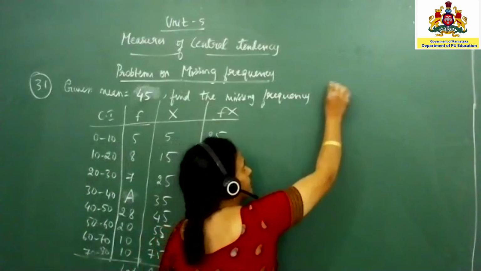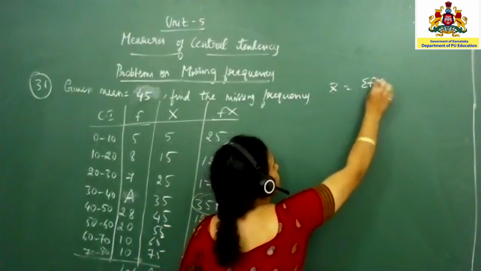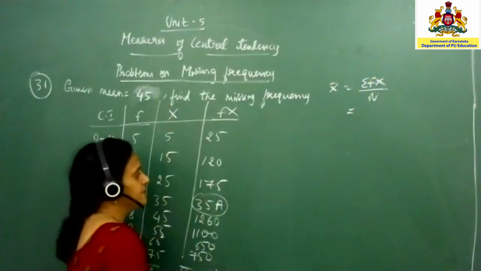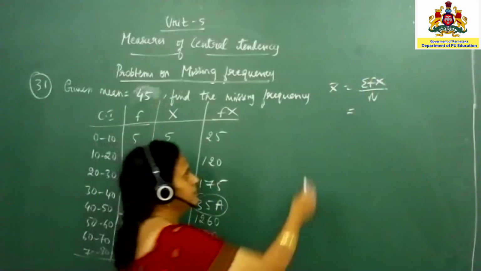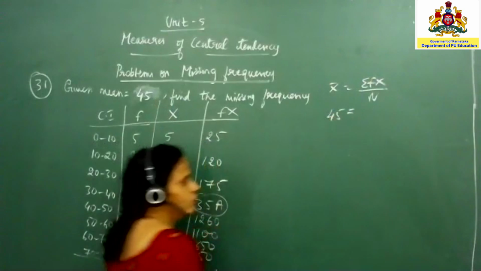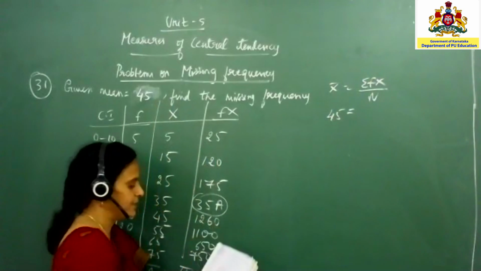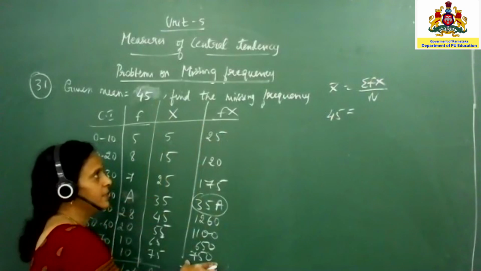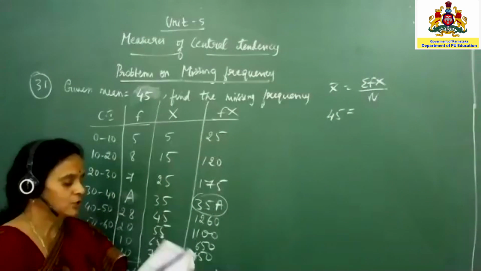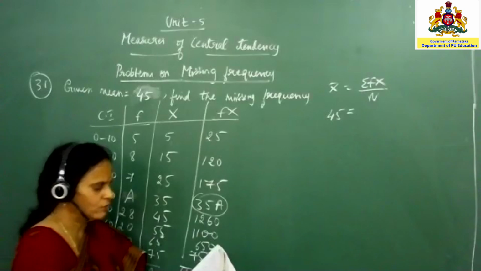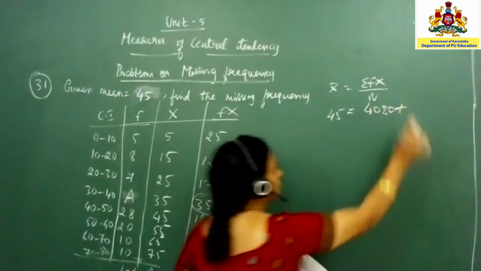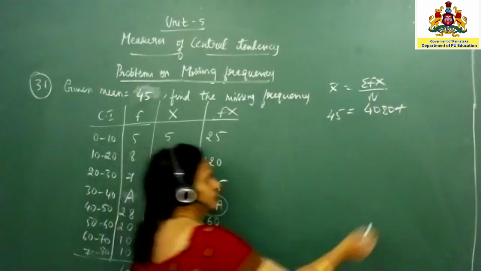So X bar is given by summation Fx by n. Okay. And here n is given. N is given as 45, the given ratio. Right? I'll just give that 45. So summation Fx, I should get the summation Fx. Right? Means the column, last column addition, Fx column. Right? So that total goes to 4080. Plus, don't forget this, plus 35A